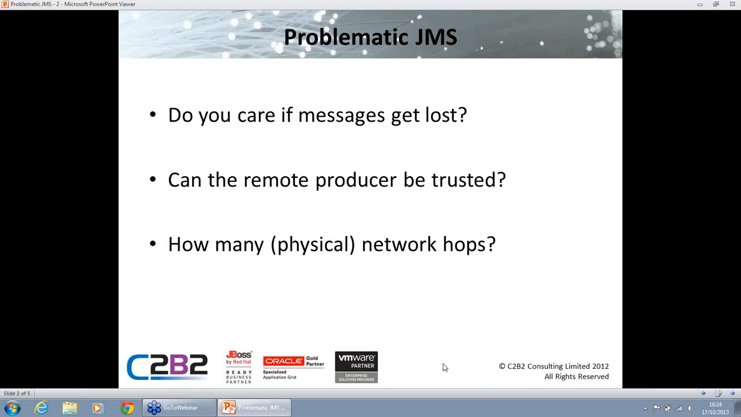So the causes of these sorts of problems and scenarios. Firstly, I'll put, do you care if messages get lost? This could be different depending on your particular use of the web service that we're considering. If this is a web service that's used for different reasons by different members of your organization, it could be that the person that's actually written and constructed the